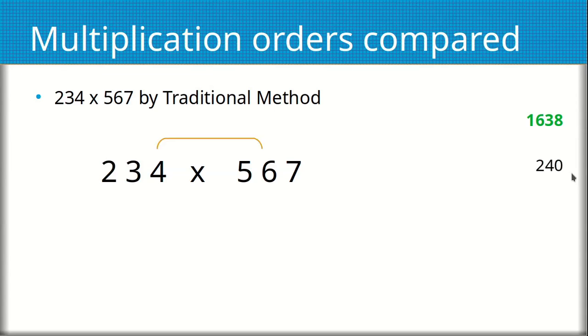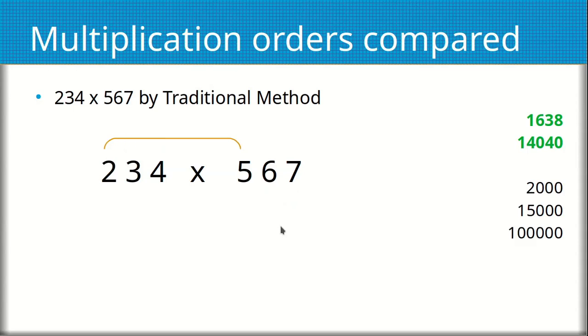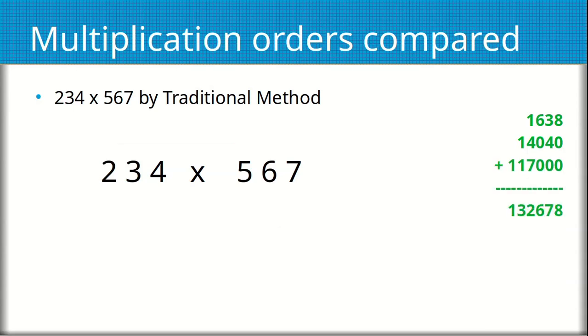Okay? Then you go to the next number, 6, and you do the same. You do by 4, by 3, by 2, you get 240, 1800, and 12,000. Add that all up, and you get the next row. And then finally, you do 5 times 4 to get 20, but you add 2 zeros because we're now shifted over by 2 spaces with the 5. Then 15 with 3 zeros, and then 10 with 4 zeros. You add it all up, 117,000, and there's your total,